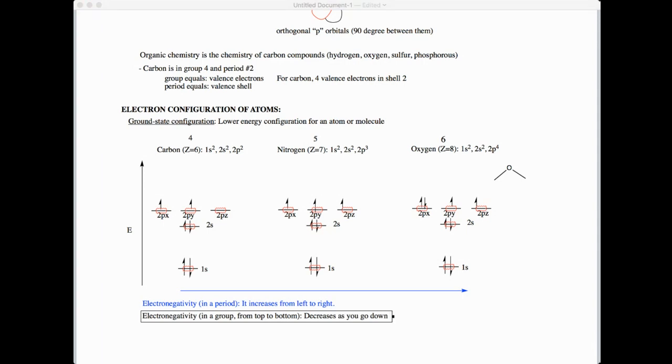Okay. If you check different textbooks, you will see that electronegativity can actually be quantified, and that's important because later on we can talk about